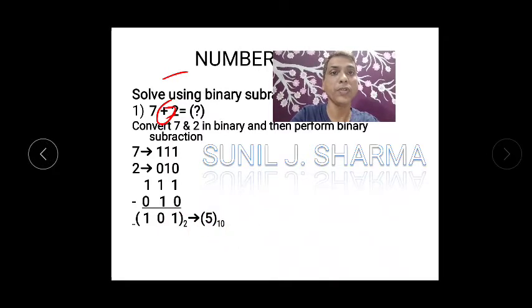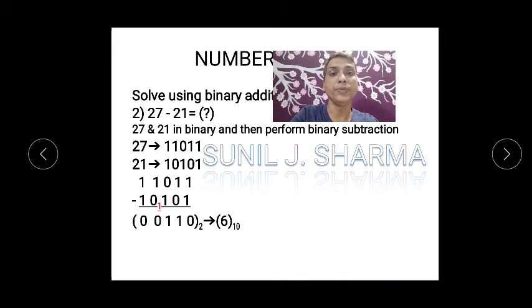Okay, now let's go with the next example. I think same thing I have taken, 27 minus 21. Okay, so 27 binary is this, 21 binary is this, so I have written together. Can you see 1 minus 1 is 0, 1 minus 0 is 1. Now there is a twist. 0 minus 1 is 1, borrow 1. Since this is borrow, I am not writing up, I am writing down. Okay, so 0 minus 1 is 1, borrow 1.